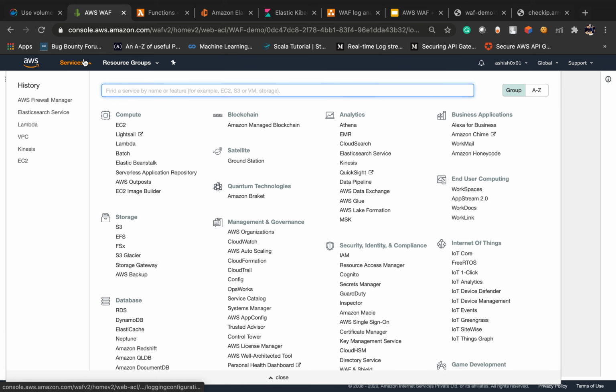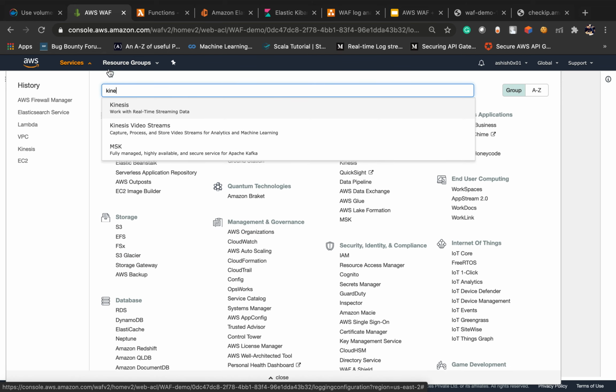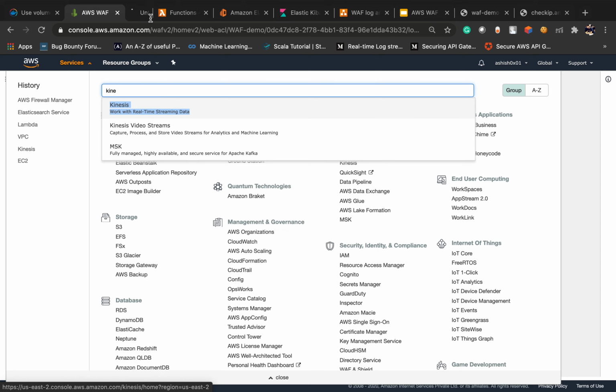So now we will go and create Kinesis Firehose.